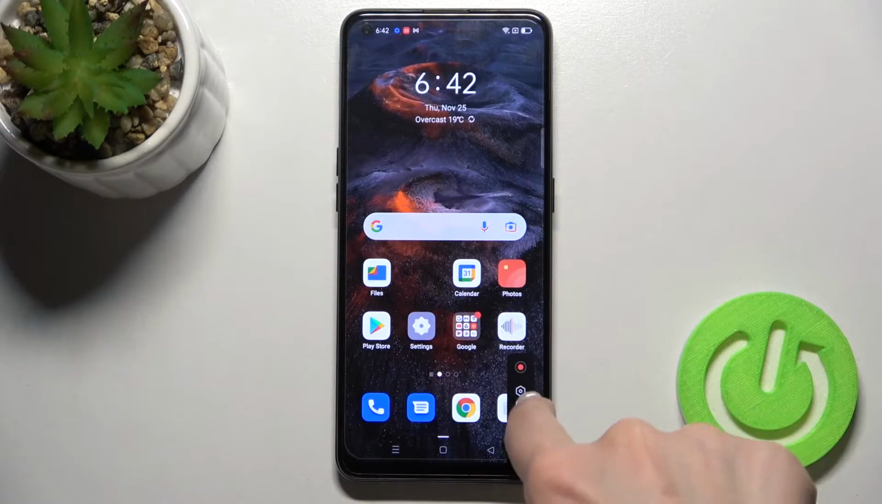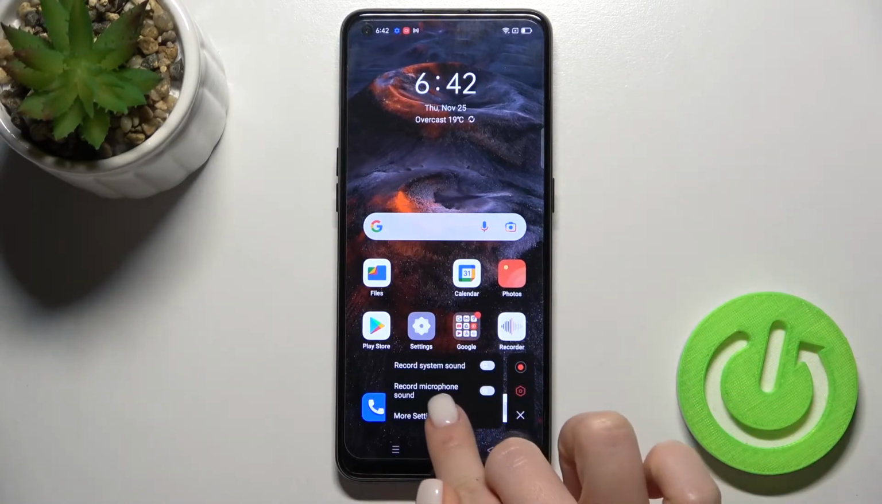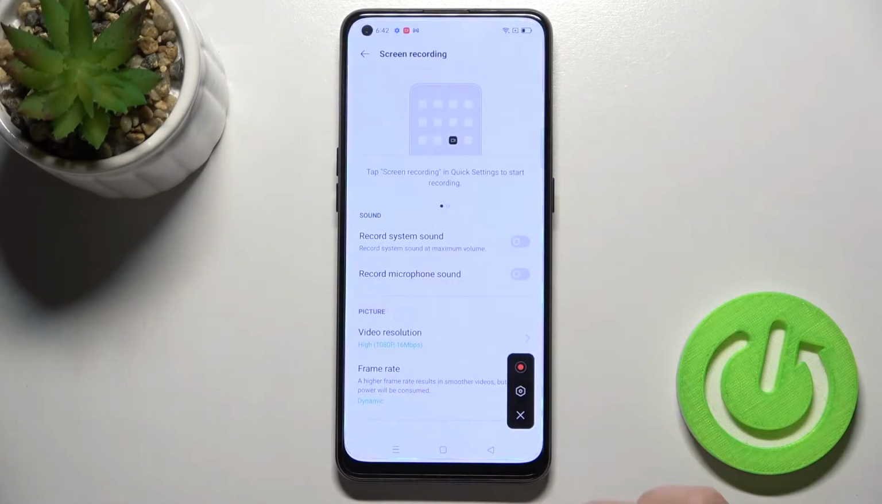Right now, as you can see here, you get the settings icon. Just tap here and, for example, go to the more settings. Now you can just switch off,